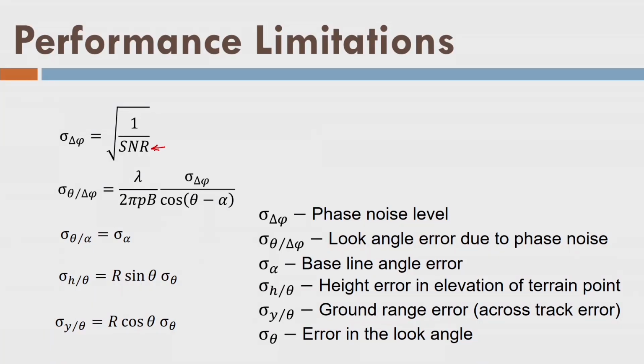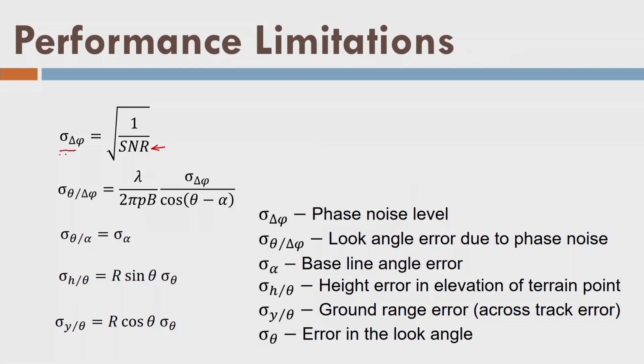Let us look into the performance limitations. So what are the limits of the performance of single pass radar interferometry? There is a signal to noise ratio, and we measure the radar image using the signal. So we have signal to noise ratio, and that is giving 1 sigma precision value of phase difference measurement or the interferogram measurement. From there we can write this expression that given the sigma delta phi, what is the value of sigma theta? That is the 1 sigma precision of theta value, that is the error in the look angle.